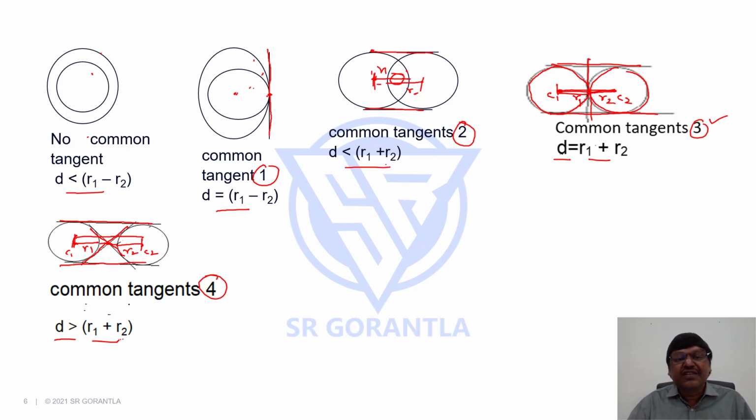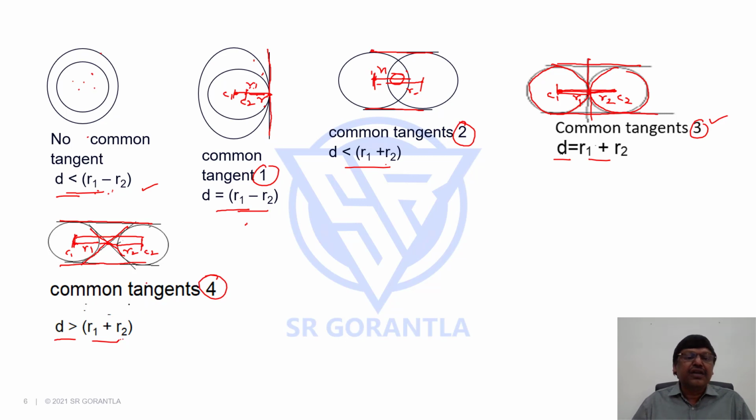Here, this is the first big circle, center, R1. This is the radius. This is center C1. This is C2. This is R2. The distance between the centers is equal to R1 minus R2. Here, because one circle is within the other circle, the distance will be less than R1 minus R2. If they are touching each other internally, it is R1 minus R2. Since they are not touching each other internally, it will be less than R1 minus R2.